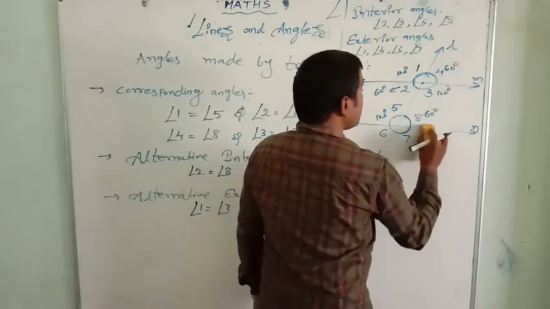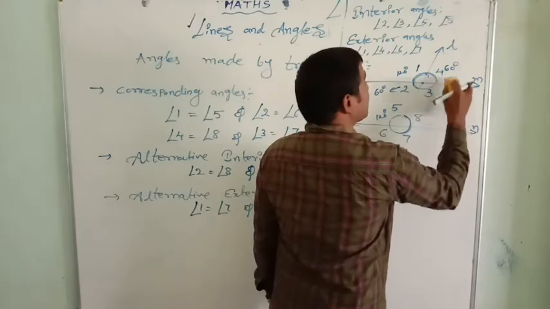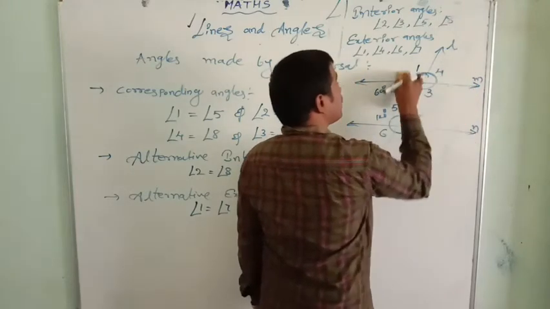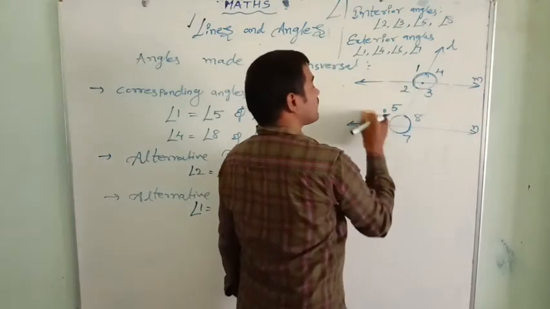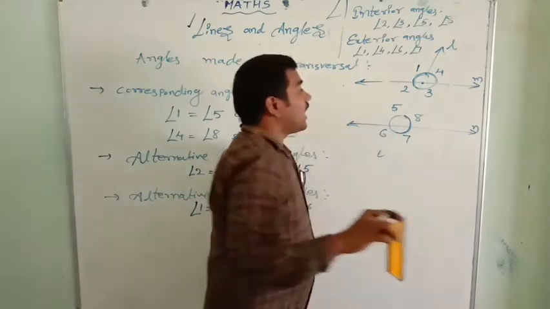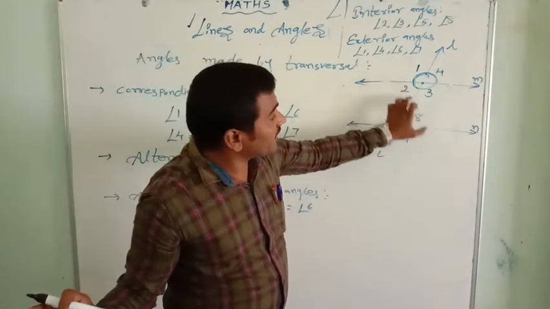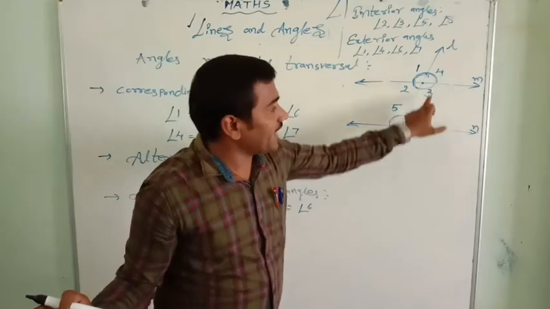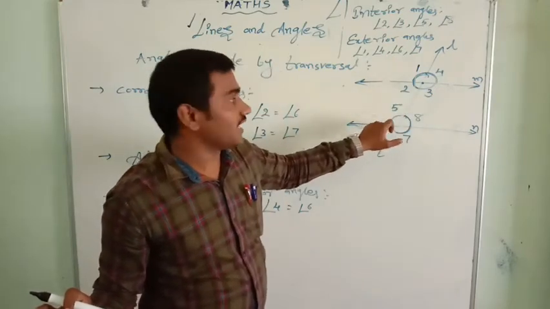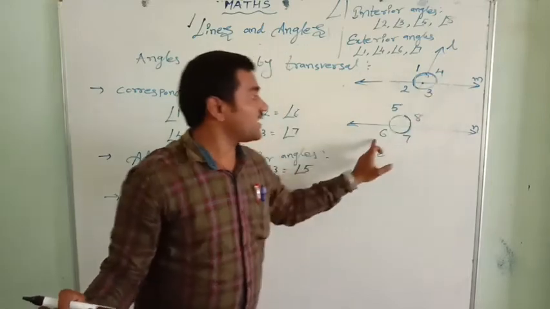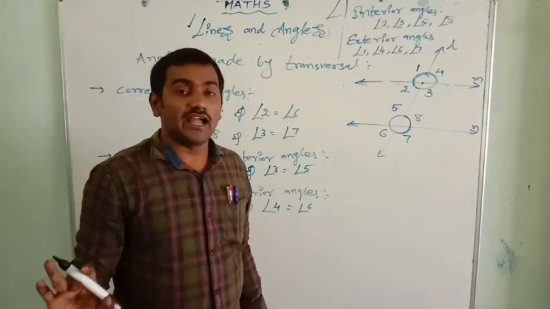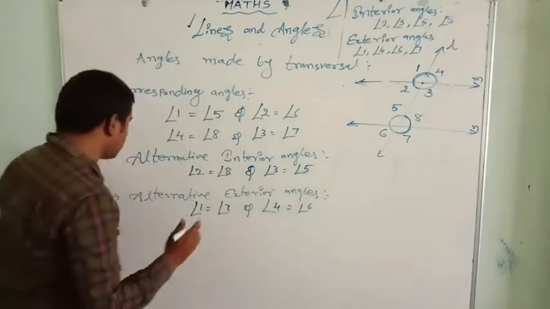So remember, what is the meaning of alternative interior angles? Here both the sides of the transversal, angles are known as alternative angles. If you are taking interior angles, we have to take in the cross: 2 and 8, 3 and 5 are alternative angles. 1 and 7, 4 and 6 are alternative angles. They are always equal. The next one and last one,